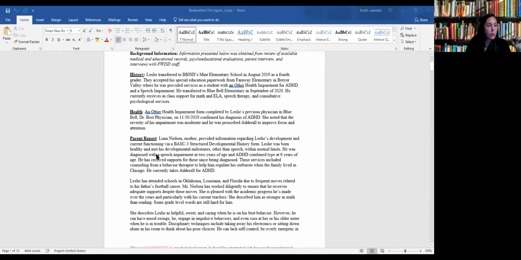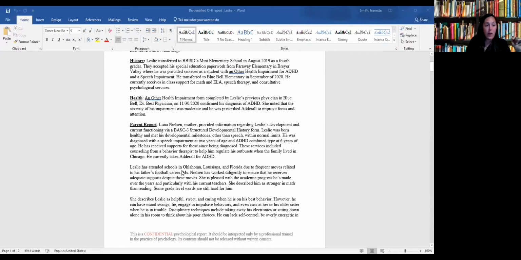Parent information was provided. So again, the relevance here is beyond just knowing that obviously he has some moments at home where he's taxing to his mother, but this is the manifestation of those difficulties in the real world environment, right? In the real world environment, we are impulsive, we engage in some lying, we have incredible mood swings, we're not always getting along with our siblings, and at times seeking them out specifically to get under their skin.